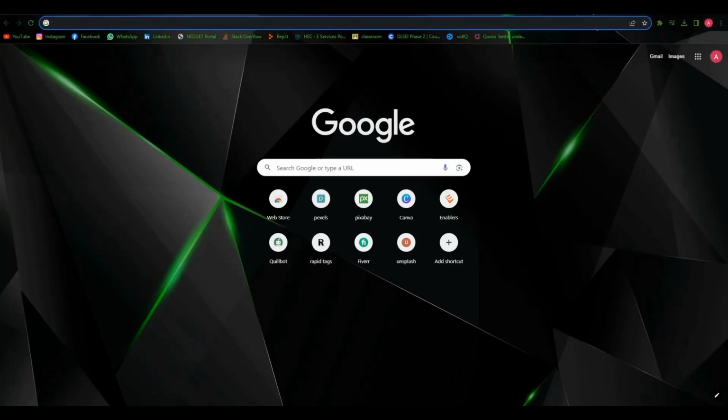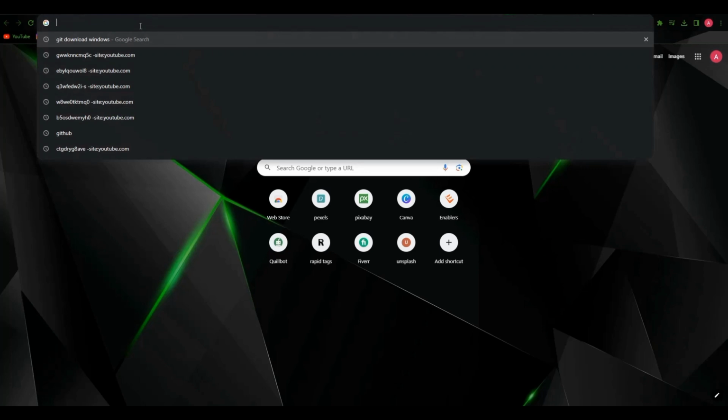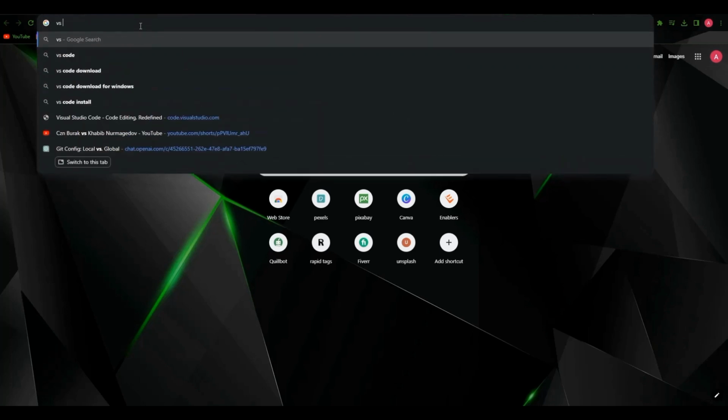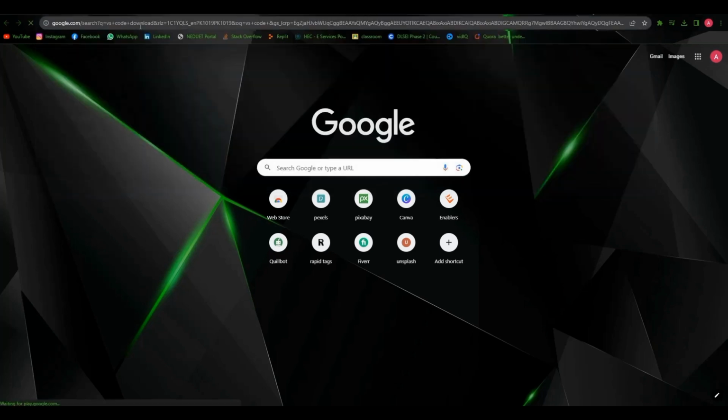In this session, we'll see how to download VS Code on your personal computer or laptop. Whether you're a Mac user or a Windows user, the process will be the same for you. First, you have to go to Google and type VS Code download and Visual